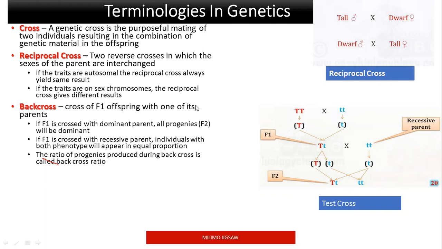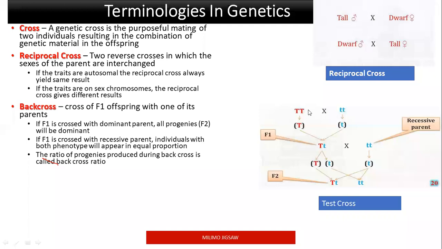And then we have a back cross. A back cross is the hybridization of F1 progeny with one of its parents. So we are going to cross F1 offspring with one of its parents. What does that mean? Remember we have the P generation and the F1 generation. If we cross F1 with a dominant parent, all the progeny that will be produced will be